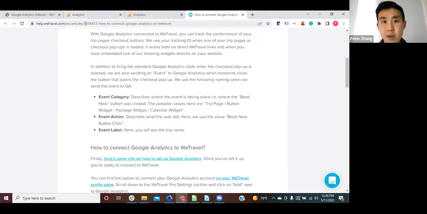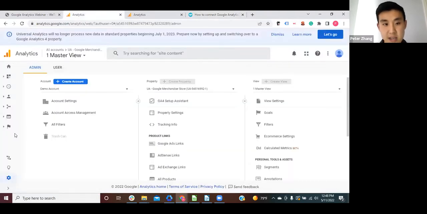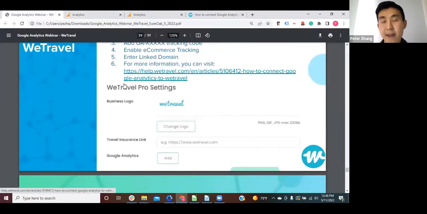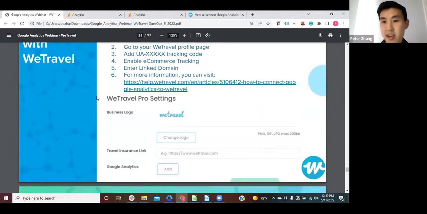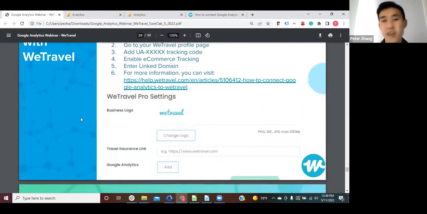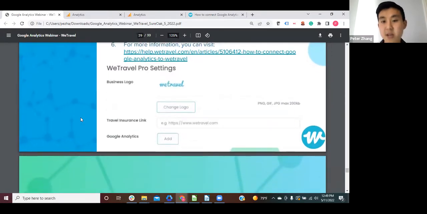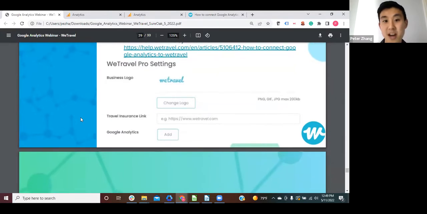All right, so what that does is it'll give you access to that conversions and goal behavior section to look more closely at how people are visiting or engaging with your website. And WeTravel is able to support you through understanding this integration a little more, answering questions, and help you understand what's coming through to analytics. But that is a great way to easily get access to this information without having to go through the trouble of setting up a lot of it yourself.